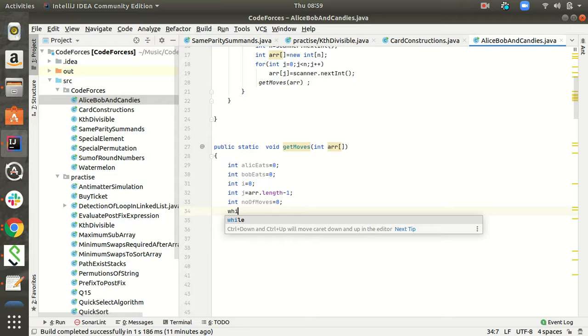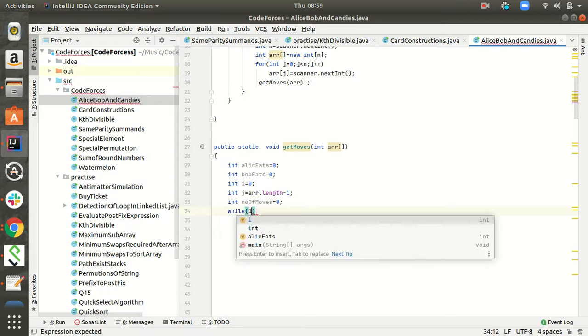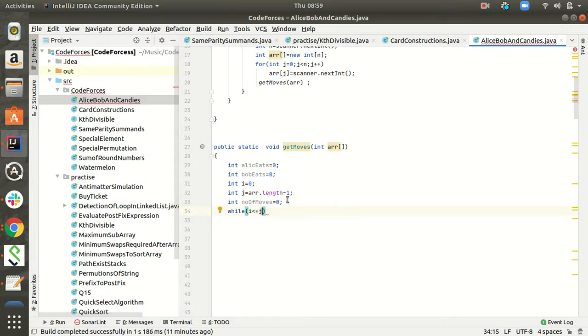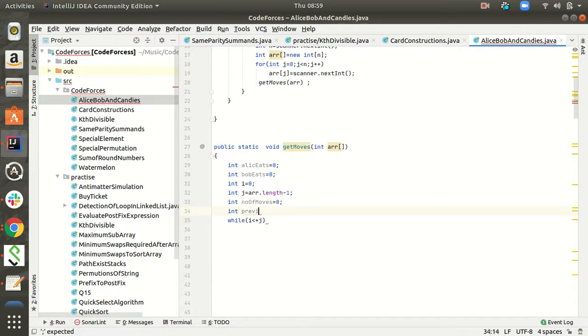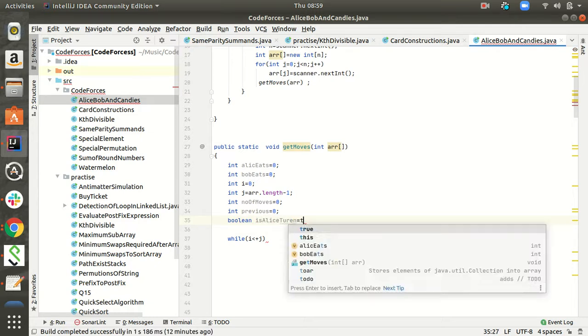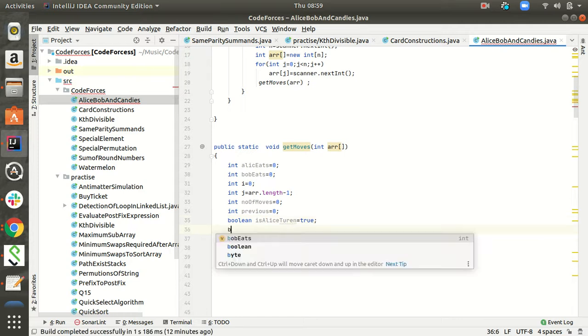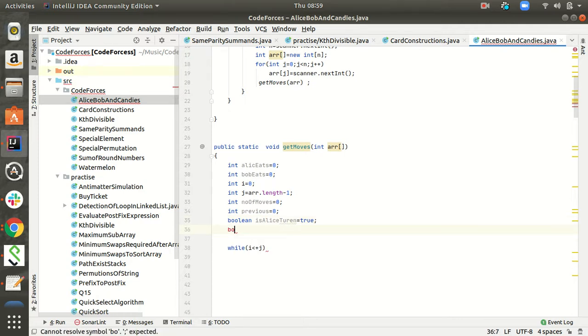Now we'll take a while loop, while i less than or equal to j. The first will be move. Now we will need the previous sum as well. We'll initialize it to 0 at the starting, and we'll need a boolean variable for the turn, isAliceTurn, true, and a boolean isBobTurn.